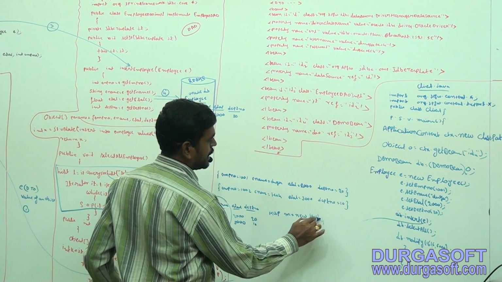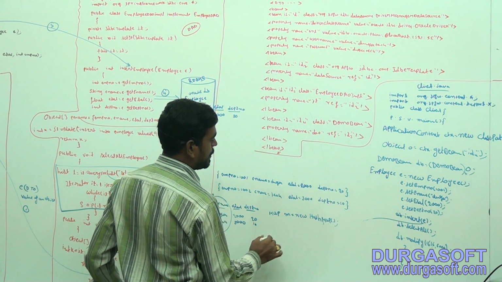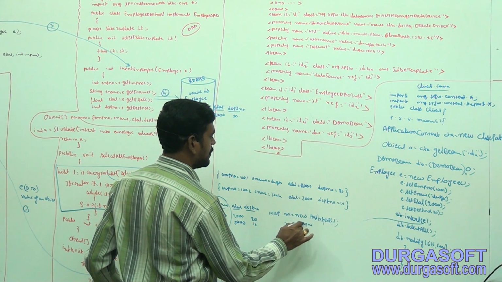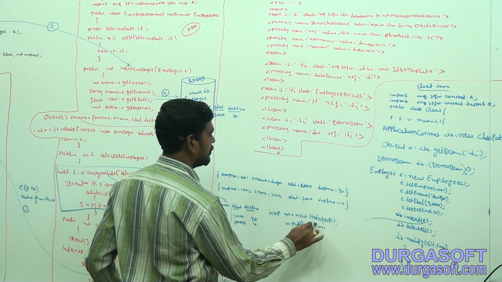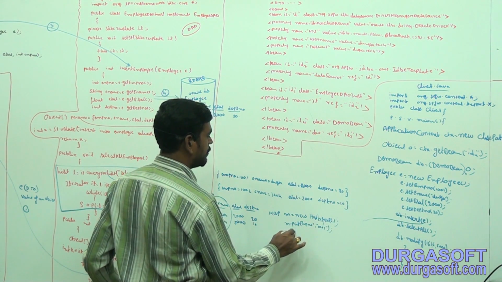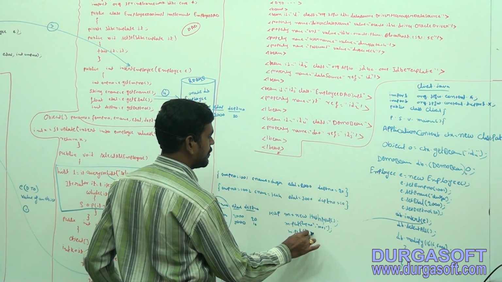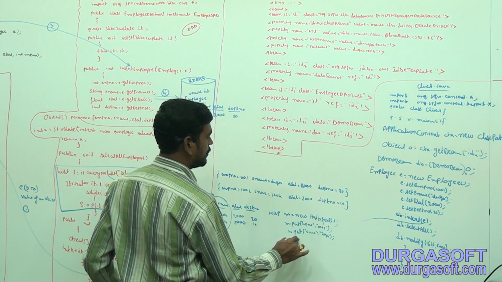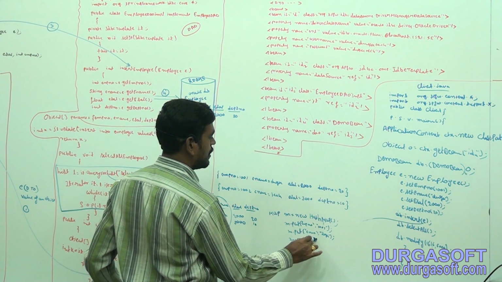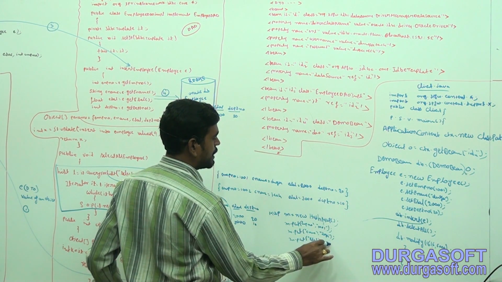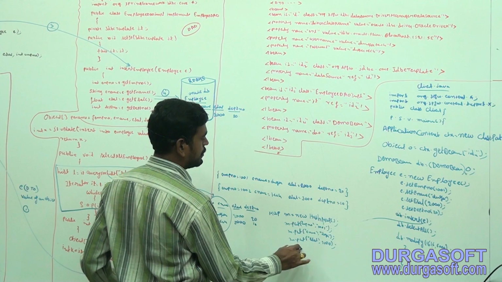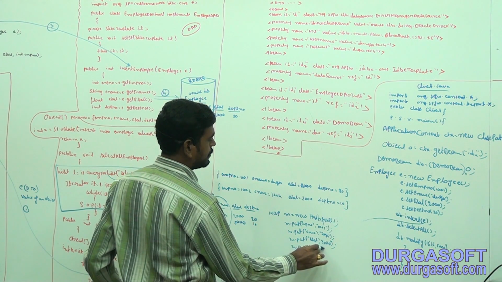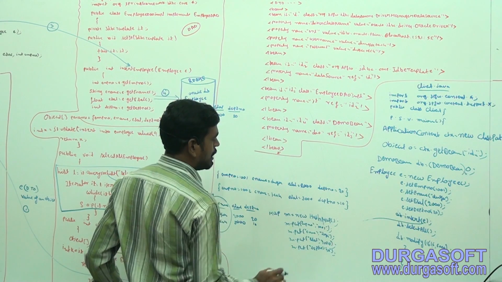Hash map object is going to be created internally. After that, m.put("empNumber", 1001). The next m.put("ename", "Durga"). The next m.put("esal", 2000). The next m.put("deptNumber", 20). Like this,